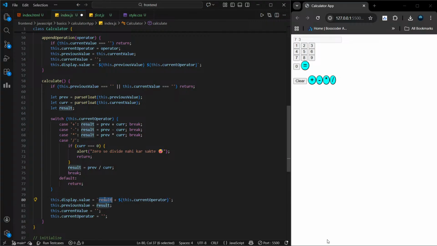तो क्या ये बैकटिक्स के अंदर लिखना पड़ेगा ना मुझे? हाँ सही पकड़ा, टेम्पलेट लिटरल्स यानी बैकटिक्स का इस्तेमाल करके तुम आसानी से डिस्प्ले को अपडेट कर सकते हो, जैसे डॉलर साइन, प्रीवियस वैल्यू, करंट ऑपरेटर, करंट वैल्यू। इससे सब कुछ नीटली एक साथ दिखेगा, बिना स्ट्रिंग जोड़ने के झंझट के। नहीं नहीं, ये कुछ अजीब दिख रहा है। इसमें तो वो करंट ऑपरेटर अलग ही दिख रहा है, तो डिस्प्ले में मुझे नहीं नहीं, ये काम नहीं करेगा, राइट।